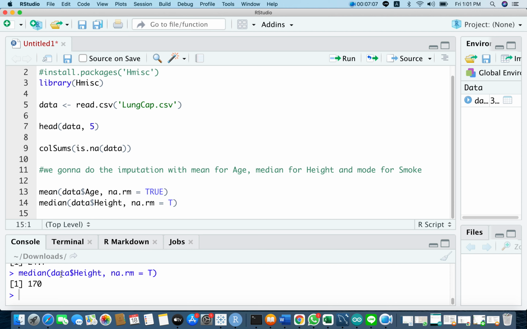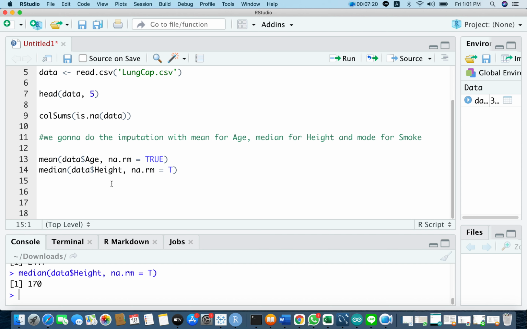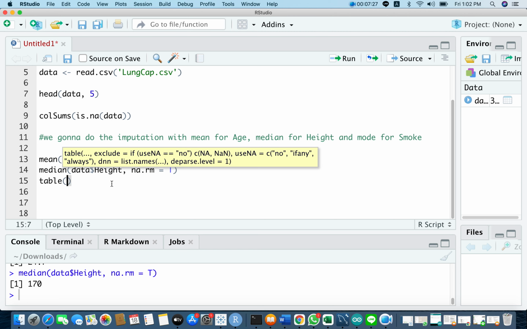Okay, so the median for the height variable was 170. That means we're going to use 170 to input the missing values in the height variable. And for the mode, we're going to use the table command, whereby you're going to see the categories of how many ones we have and how many twos we have. And to accomplish this, we said